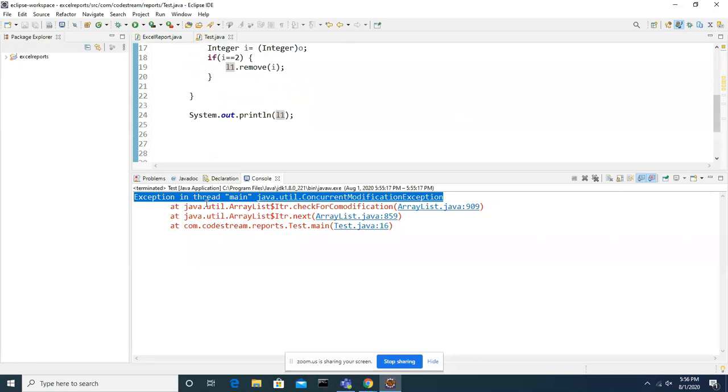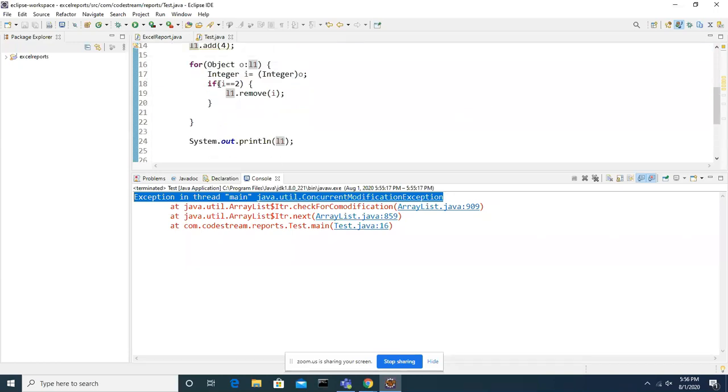The reason behind that is one thread is already working on iterating that element, and at that moment you are trying to remove, so both are happening at the same time. That is the reason for the ConcurrentModificationException. That means while looping, when you are trying to remove the element, you get this exception.